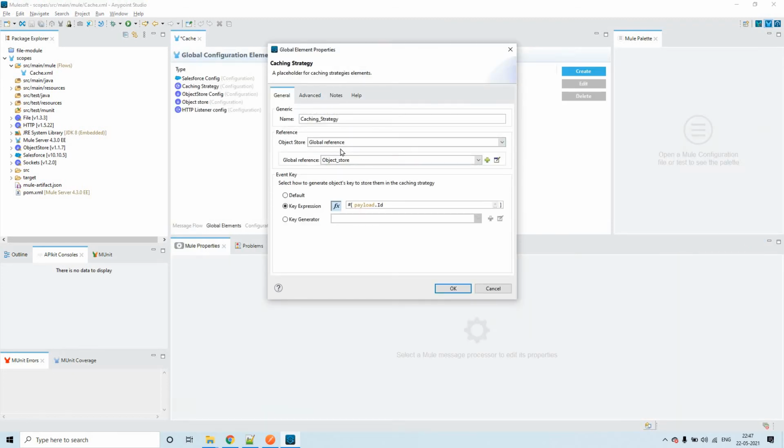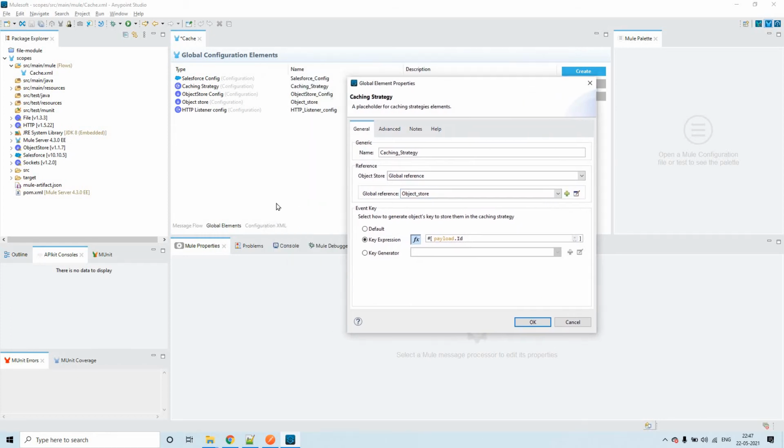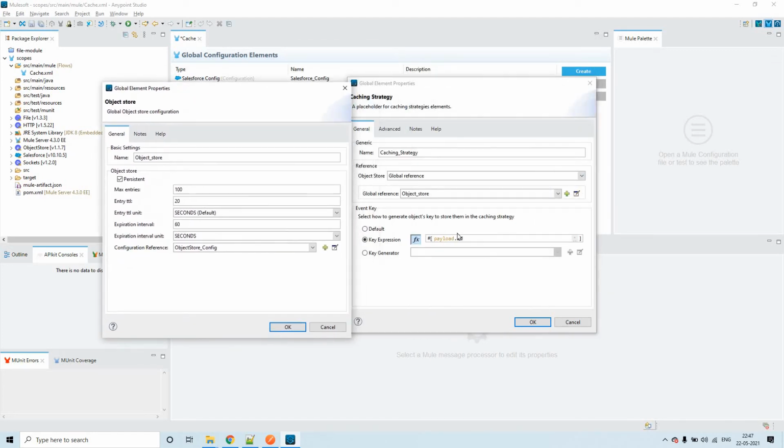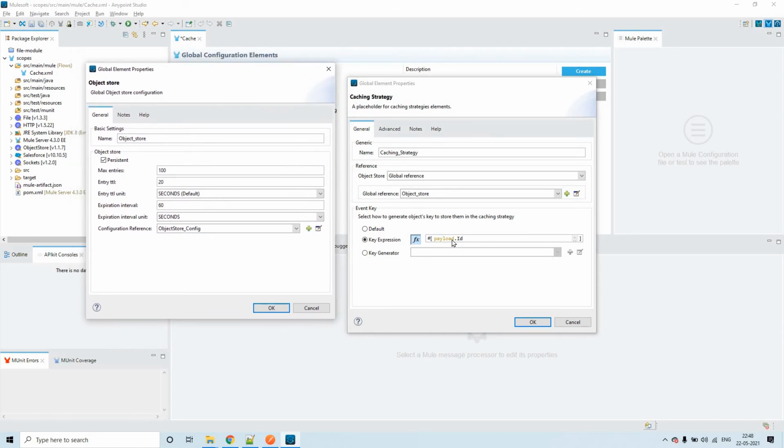Once you click on the plus button in the previous configuration, it will show this window. Here we can configure the key value how it should be. Also you have to create one object store, because these keys have to be stored in this object store.